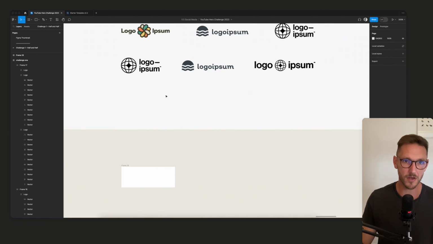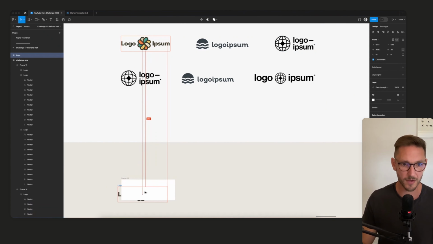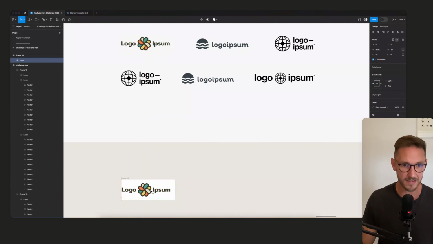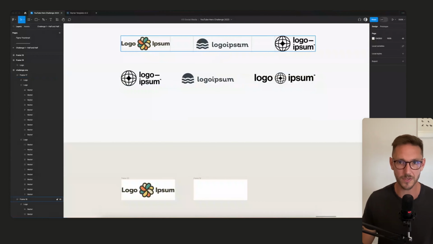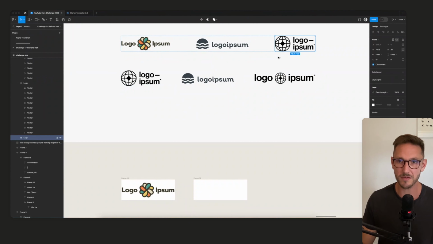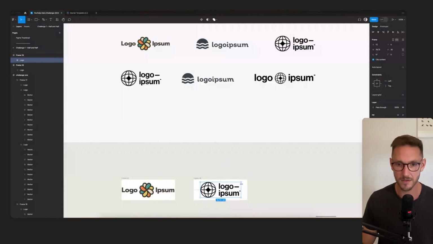What we do is we pop our logos in here, make sure they all fit inside this. So we go like this. So you see that's filling the width, but not the height. And then we'd go again and we'll delete this one. We're going to grab one like this, which is probably going to fill the height rather than the width. So if we make this a bit bigger, well, I mean, that pretty much fills the exact space.